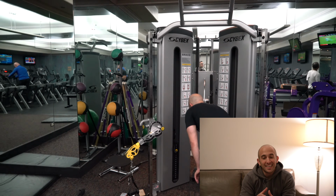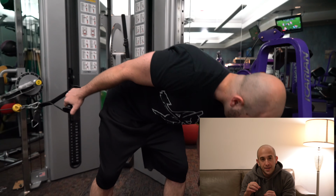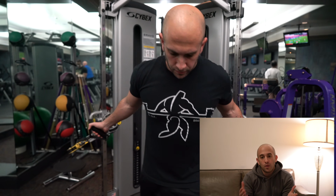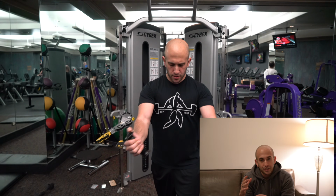Okay, so this is the second to last exercise of the day. It's a cable pec fly. Now, a lot of people ask, how do you know how high to put the cables? Should they be chest height? Should they be below? First and foremost, you never know exactly how high they should be, especially when you're using